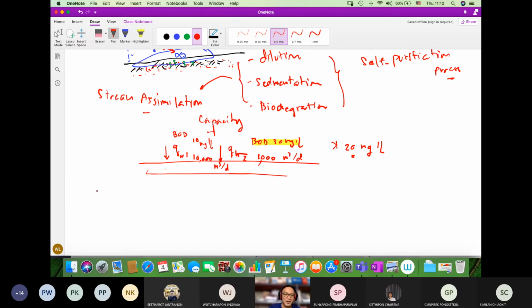Now I mentioned one more term, pollution load. So which source creates more pollution load? If you compare the first and second sources, which one would discharge more pollution? If you consider this condition,